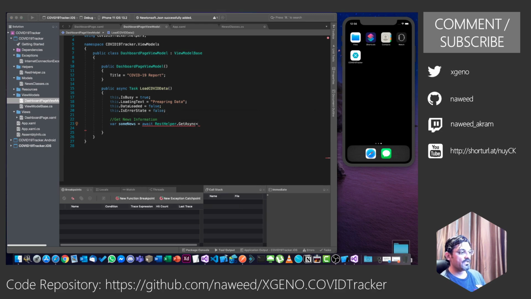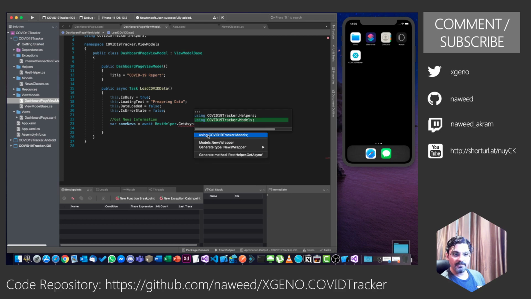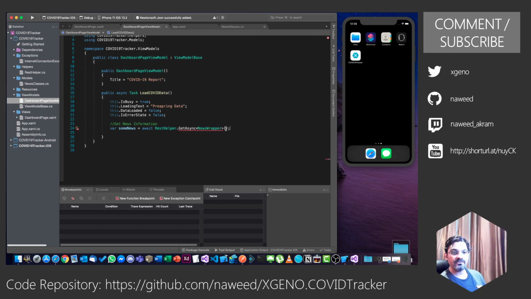In our case, I'm going to get the news, and it is going to be in the format of NewsWrapper. This is how the data gets returned to us, NewsWrapper, and I'm going to pass in the URL for the API. So this is how it works.